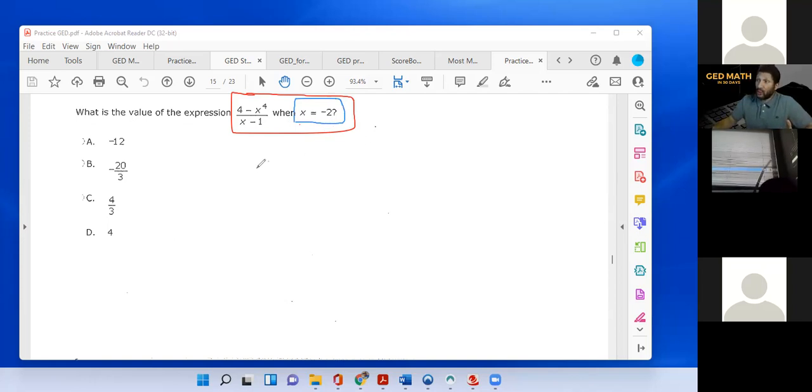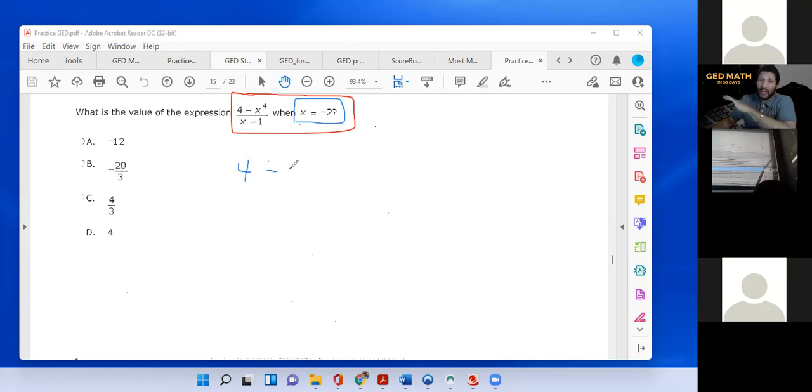So what can I write next if I'm doing this by hand? How would I write this if I'm substituting -2? You're going to write -2 squared. Now, remember the expression is 4 minus X to the 4th over X minus 1. So it wouldn't be 2 over the 4 on the side? No. So what we want to do is, everywhere we see X, we're going to put -2. So 4